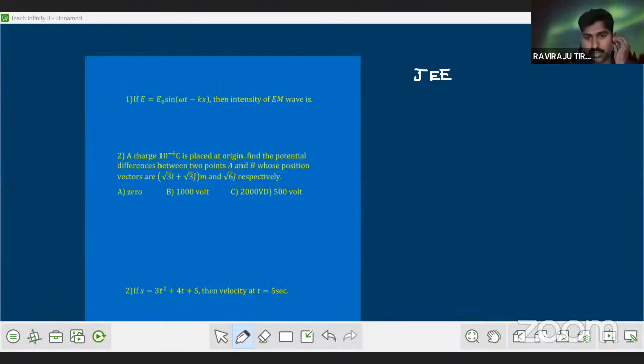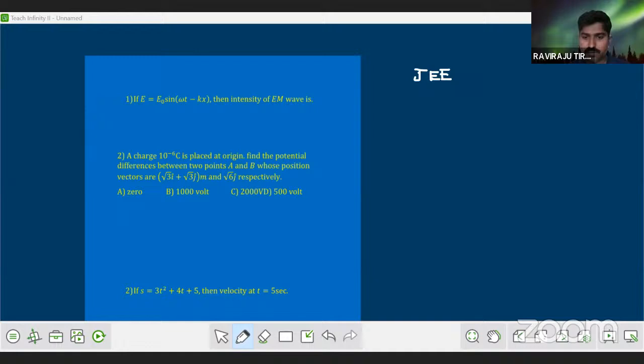What was given in the first question? One equation is given, na? So that equation represents... which equation does it represent? That is a representation for electric wave. Of course, it is an electromagnetic wave, but the amplitude was given only for the electric field. So we can take directly, it was given that E equals E naught sin(omega t minus Kx). So when such an equation is given,